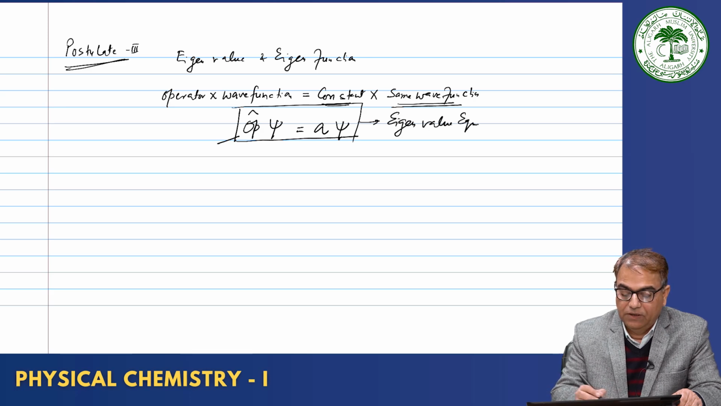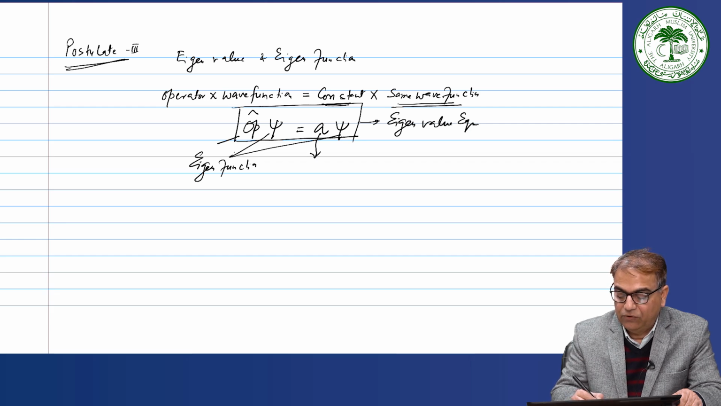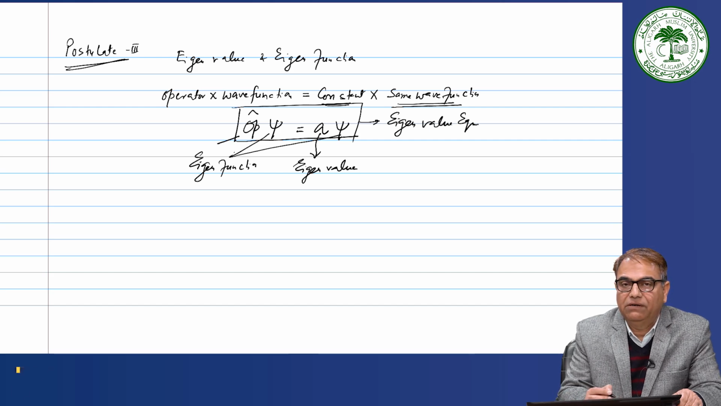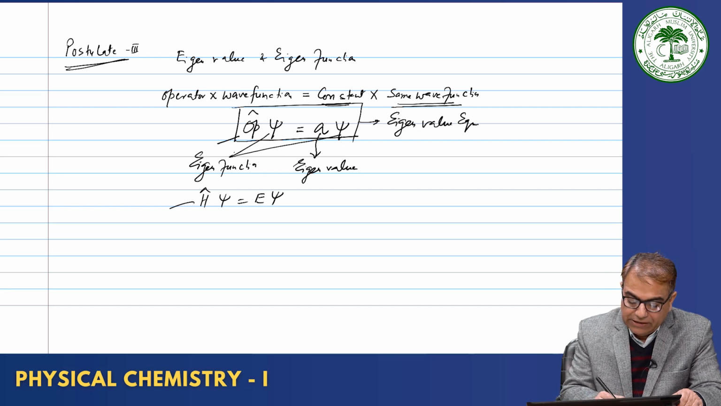Eigenvalue equation. These functions are called eigenfunctions, and this constant value is called eigenvalue. One of the examples of this we have already done. What do we write as the Schrodinger wave equation? We write H psi is equal to E psi, where H is the Hamiltonian operator,